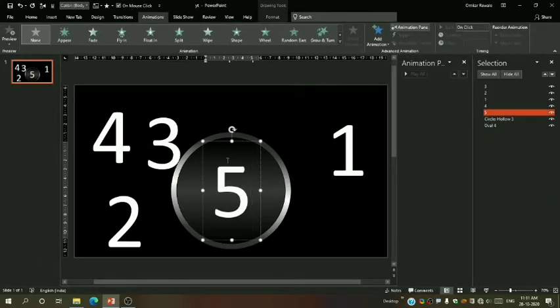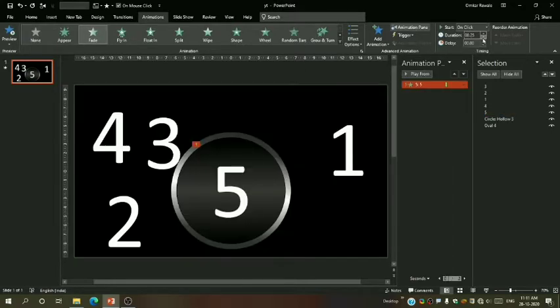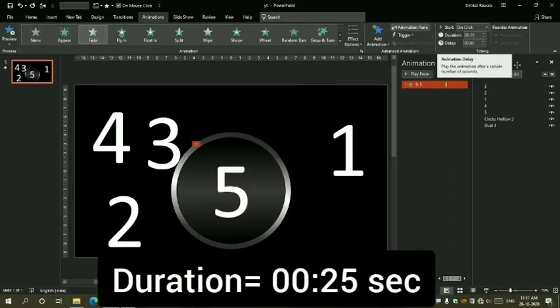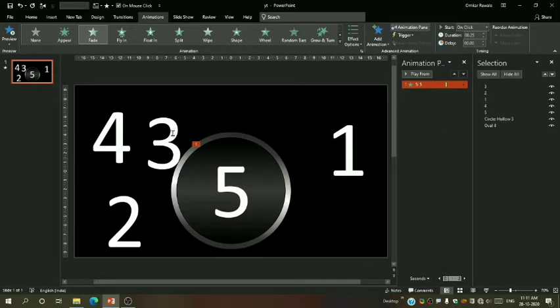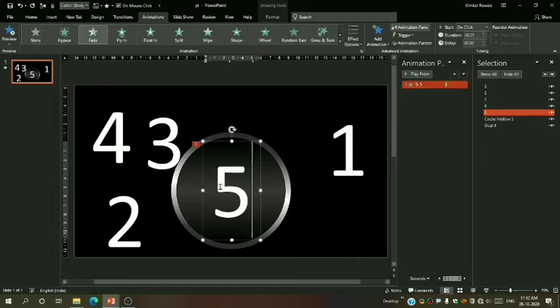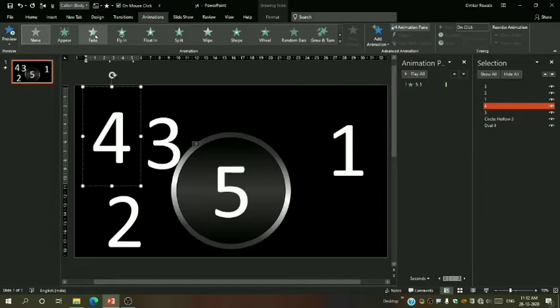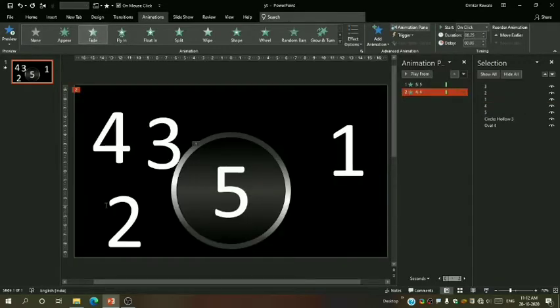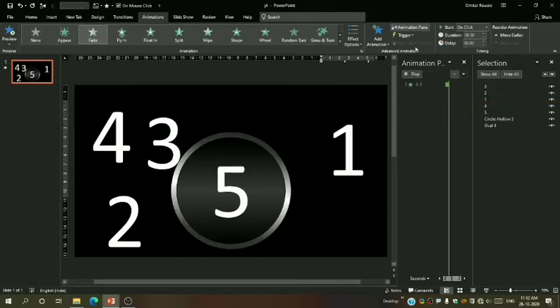Okay, so now let us start with our animation. I will animate this first number 5. I will select it, go to the fade animation, and make the duration 0.25 seconds. Apply the same animation to all these numbers, that is 5, 4, 3, 2, 1, from descending to ascending order.